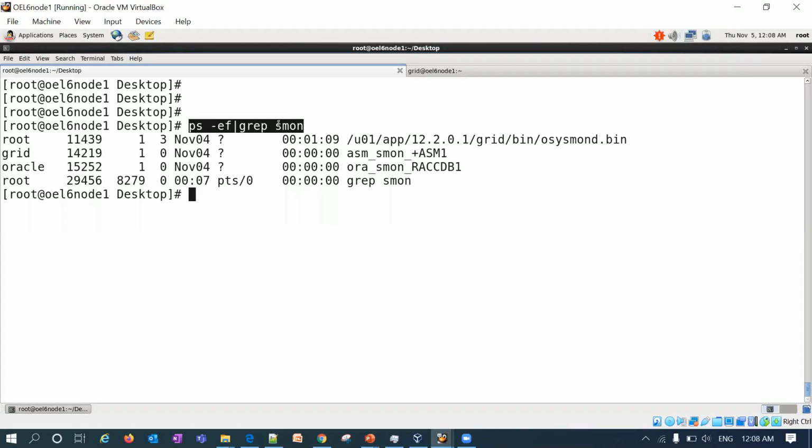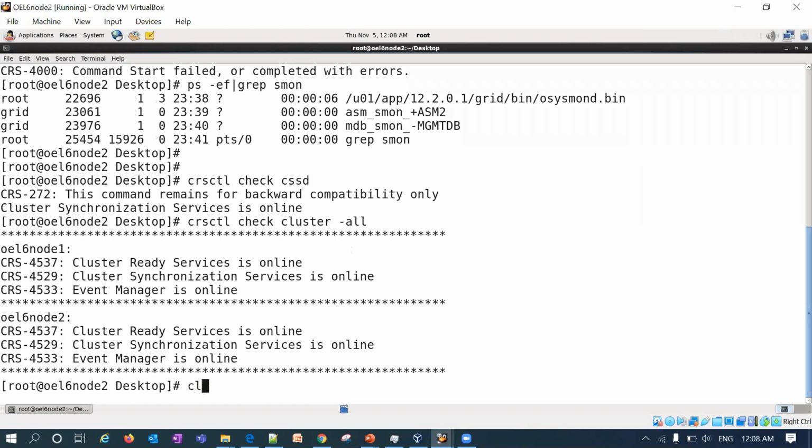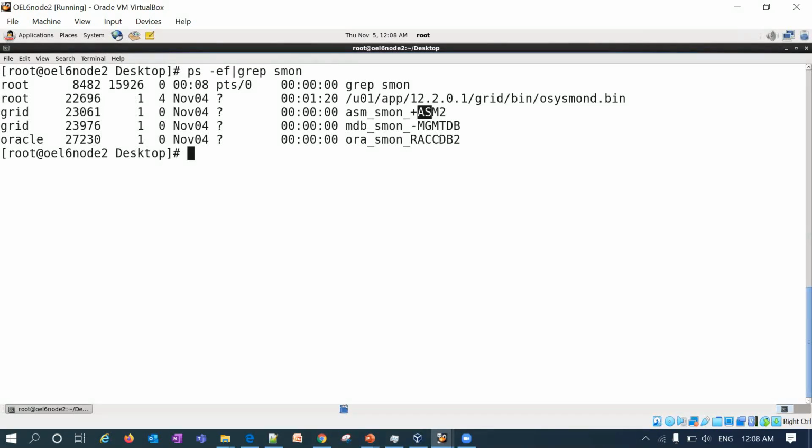From 12c, 18c and 19c, if you configured the management database, it is a single-node database that will be running on any one of the nodes. I have a two-node cluster here. On VL6 node 1, I have ASM1 and RACDB1. If I go to the other node and fire the same command, you can see ASM2 and RACDB2.